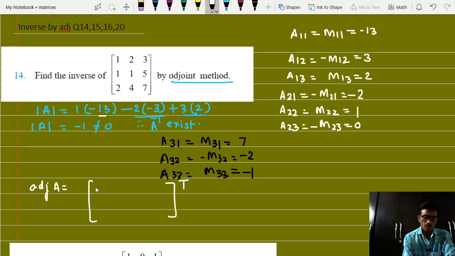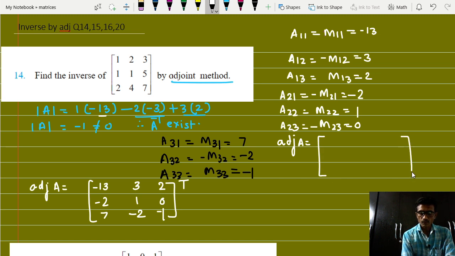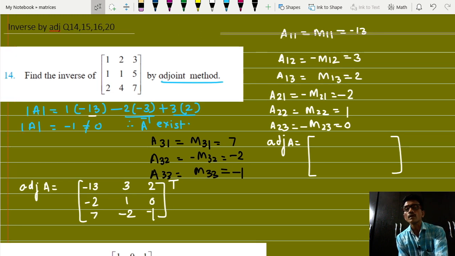A11 is minus 13, A12 is 3 और ये 2, A21 is minus 2, A22 is 1 और A23 is 0, A31 क्या है 7, A32 minus 2 है और ये minus 1, इसका ट्रांसपोज फाइंड करना है आपको, that will give us adjoint, so adjoint of A is equal to ट्रांसपोज मतलब इंटरचेंज करना है हमको रो और कॉलम, so we interchange row or column,